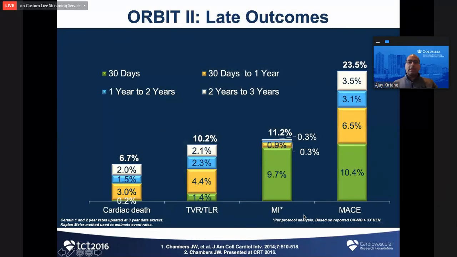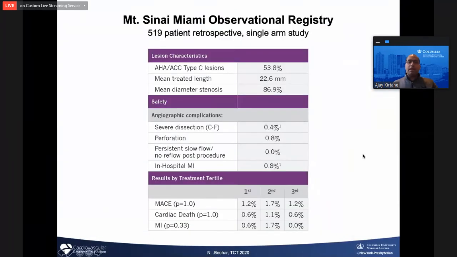Now, in terms of the studies that led to approval, Orbit 2 is the US study that led to approval, but I think a nice study to look at that was just presented at TCT is a single center experience with mixed operators from Mount Sinai, Miami. Nirav Beohar is the first author of this, a good friend and colleague. And what he showed is that basically with experience, you could actually get very, very low rates of angiographic complications